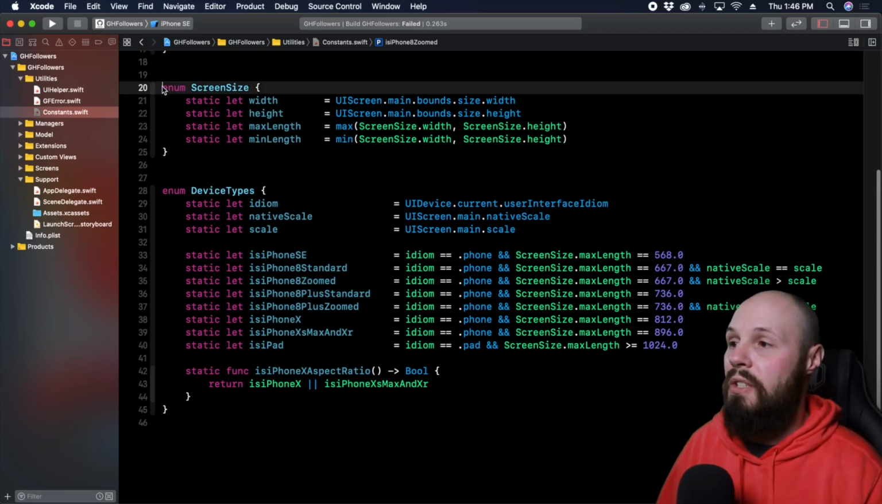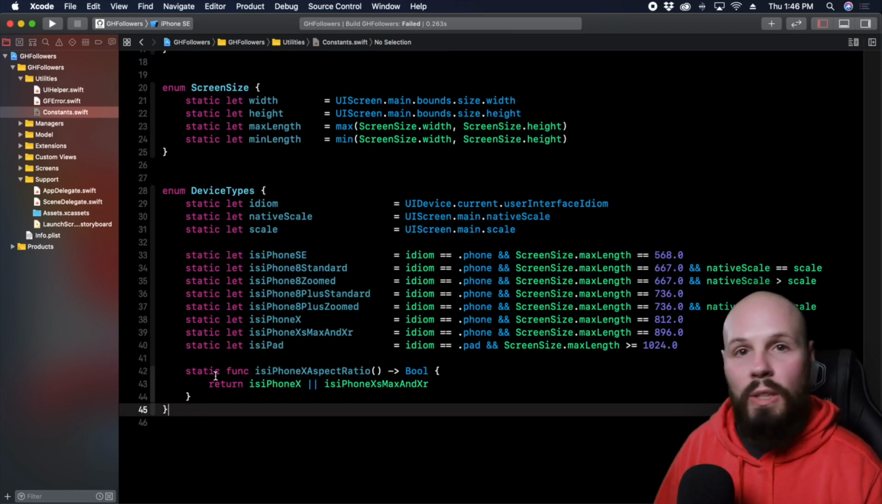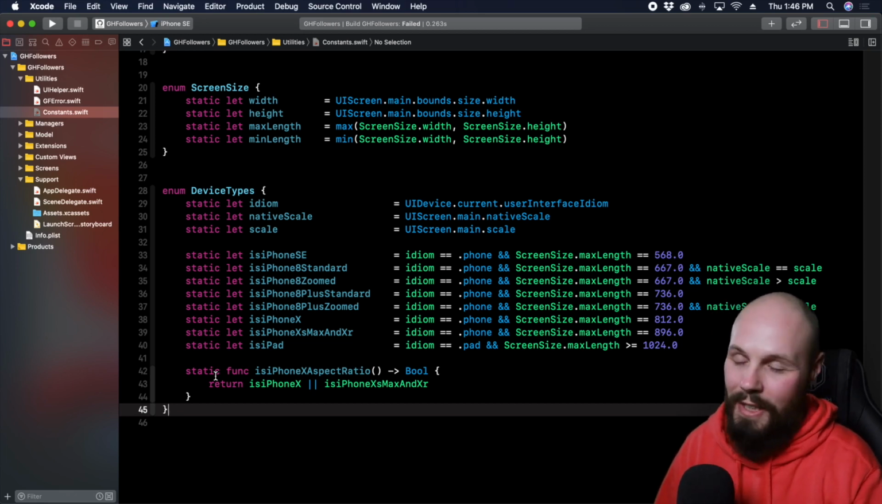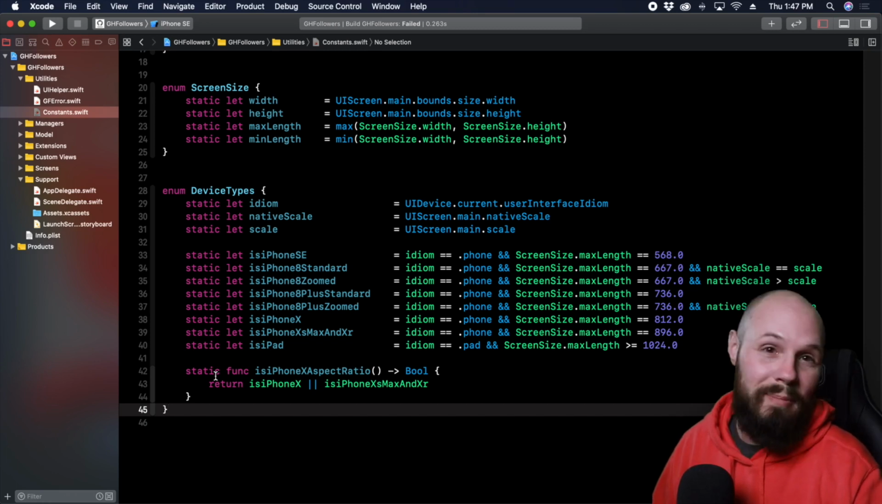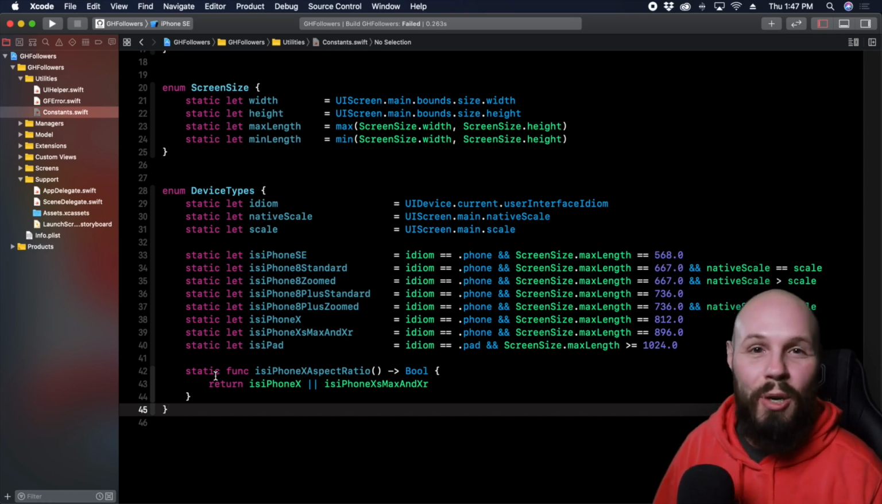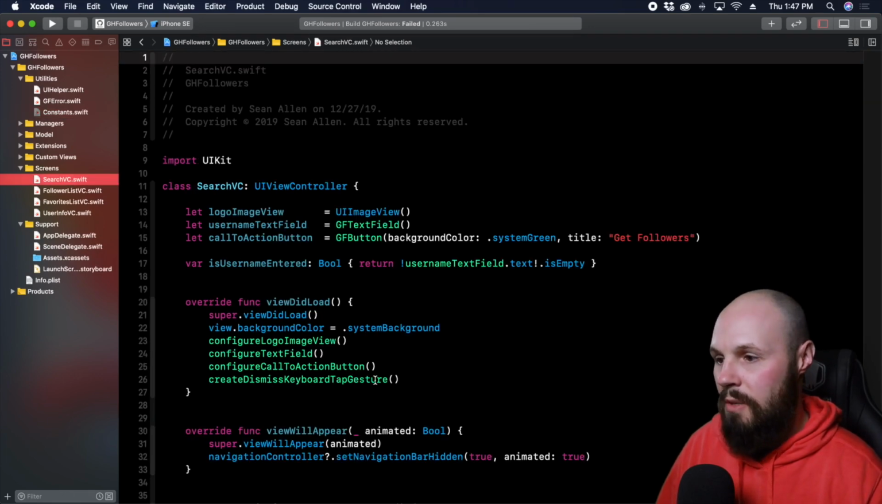And again, I'd be very curious if you know better ways to get the exact screen size. Let me know, leave it in the comments. I've been using this for like 4 or 5 years now, so it wouldn't surprise me if there's a better way, but hey, it's been working. I've been using it in every project. I'm sticking with it. So if we go to our screens and go back to our search VC, here we